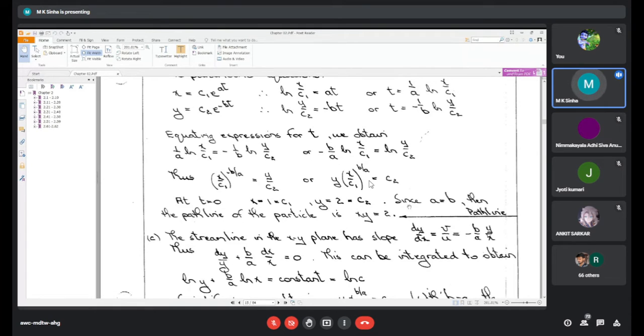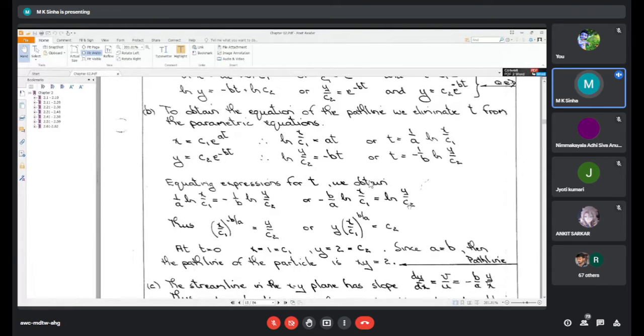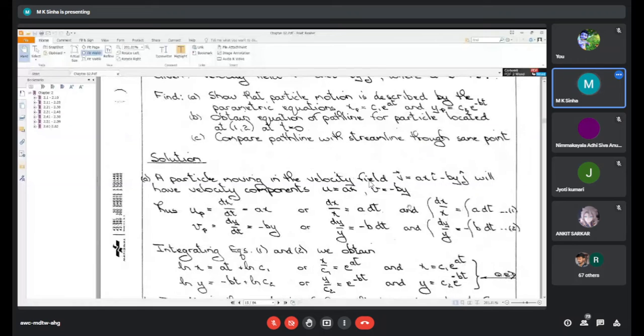Are you listening or not listening? Yes, sir. Hello? Huh. And take the screenshot also same time. So this is the your XY equal, because this is the path line problem, then we should go also, that is the streamline, a streak line, one by one. So particles that trace, that is the path equal to the xy equal to 2. And then that is the C part.